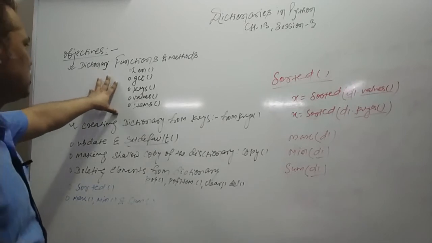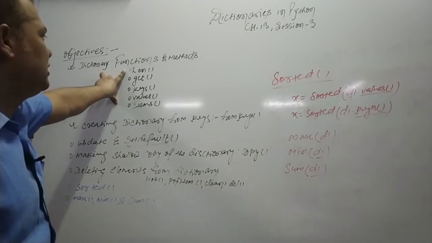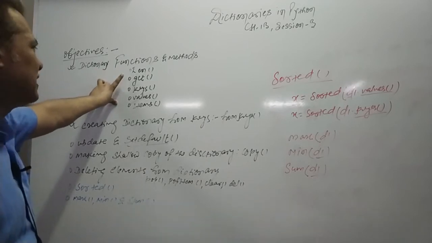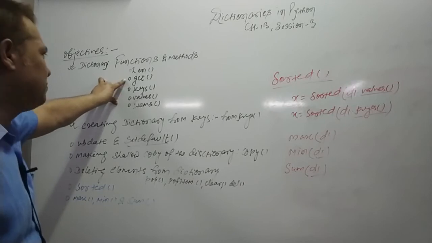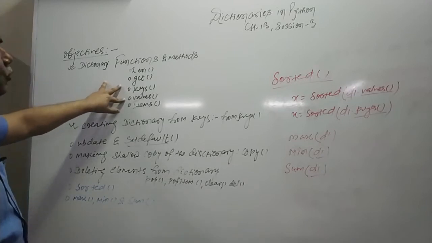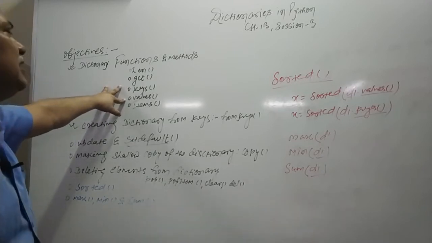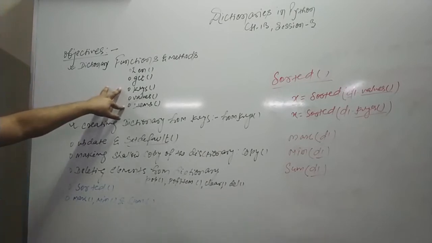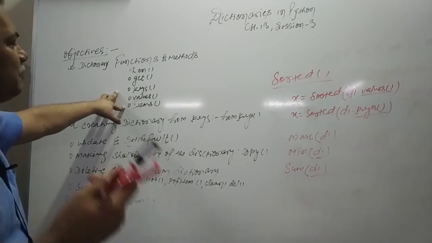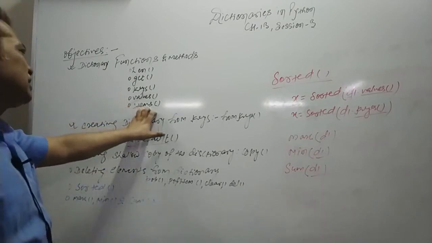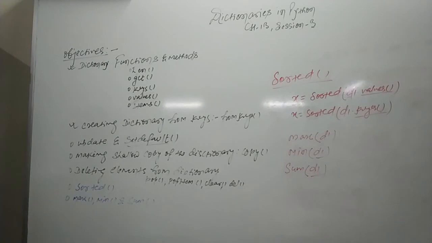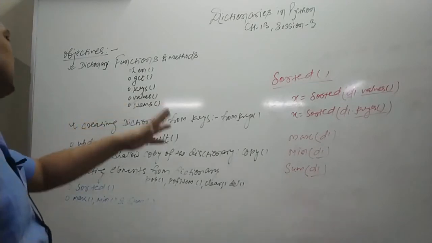And for a recapitulation: the len method is generally used to find out the length of any dictionary. The get method helps us to know the item of a particular key that we pass with the get method. Keys will simply give you all the keys of a dictionary, d1.keys, and values will give you all the values of the dictionary, d1.values. And the items method returns all the items of the dictionary, so mind it, you have to see that variable where the items have been returned. So you have to use a variable name equal to dictionary.items, and all the items of the dictionary will be returned into that variable. The variable can be seen by the print command.